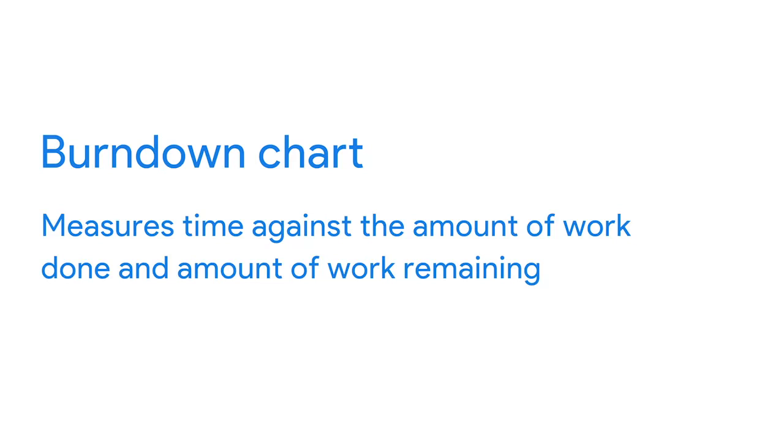A burndown chart measures time against the amount of work done and the amount of work remaining. The goal of using a burndown chart is to keep the team aware of how they're doing against their overall goals. In a Scrum team, burndown charts reflect how the team is doing with completing user stories during the sprint. The Scrum Master will review the burndown chart, sometimes daily, to examine if the team will hit their goals or